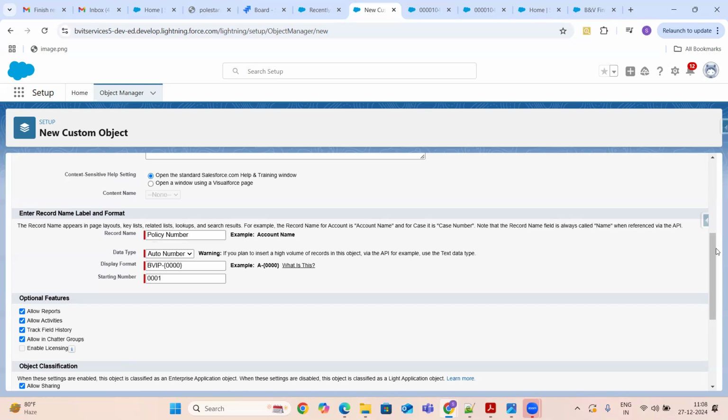Yes, at the time of object creation, there is a checkbox, Track Field History. If you check that one, then it will give the option to track your fields. So you can enable history tracking on that particular policy date field, so that obviously it will track all your changes in the system. That is the answer we have to give them. The same question they will ask you about reports and activities also, guys. Mostly they'll ask you questions on reports and field history, and sometimes on activities also.